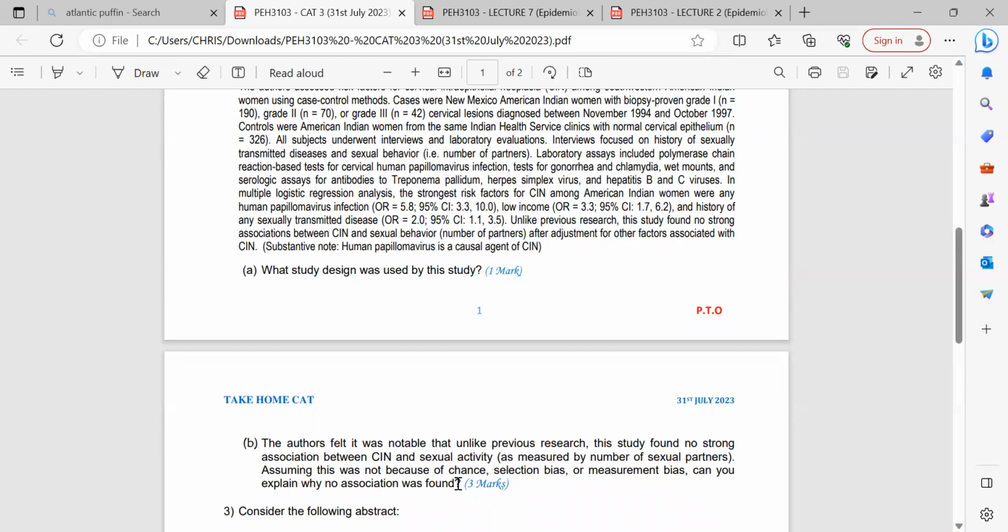No. How can we say that for sexual activity and CIN there is no association, no true association between the two? That can be one explanation. Number two,